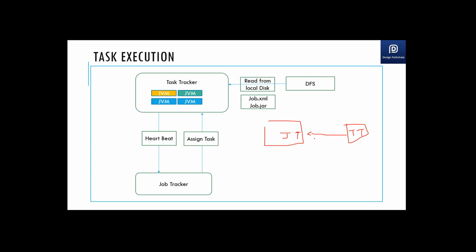So a job is divided into different individual tasks, and each task processes one block at a time. On a data node there may be only one block, or there could be different blocks of the same file. In such a scenario, if there are 2 blocks which need to be processed on the same data node, there will be 2 tasks initiated on that data node. So there will be 2 requests for initiating the task which will go to the task tracker.